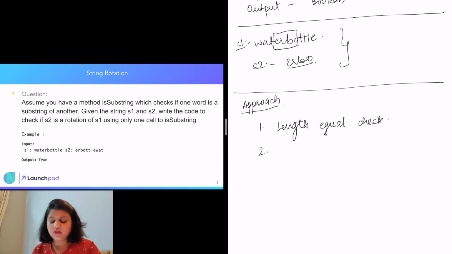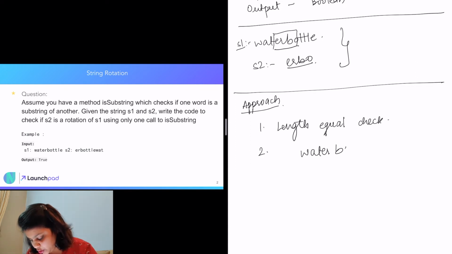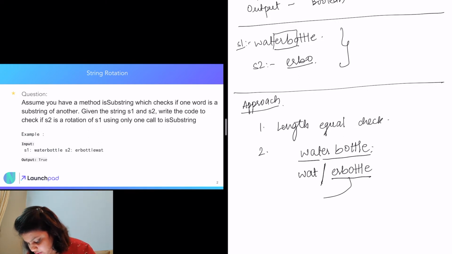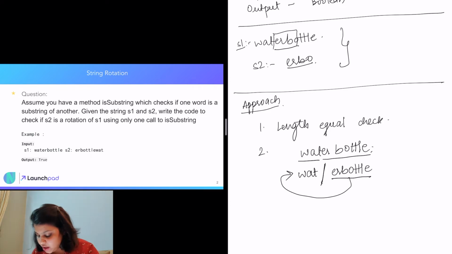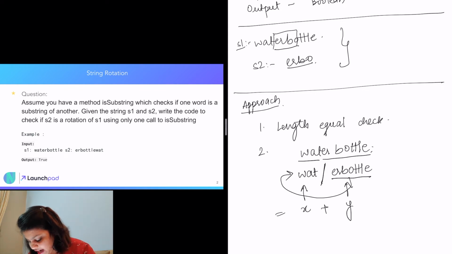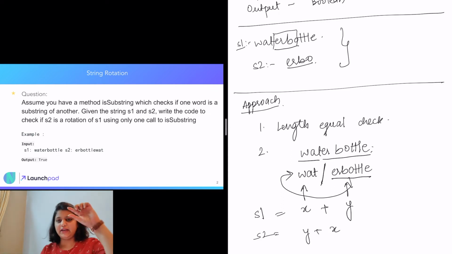Then coming now to the rotation. Suppose we take the example waterbottle. As we see, wat plus erbottle are the 2 substrings. From this, the erbottle part was rotated to the front. Assuming wat is X and erbottle is Y, we basically had S1 as XY and S2 became YX, right? erbottle came to the first.